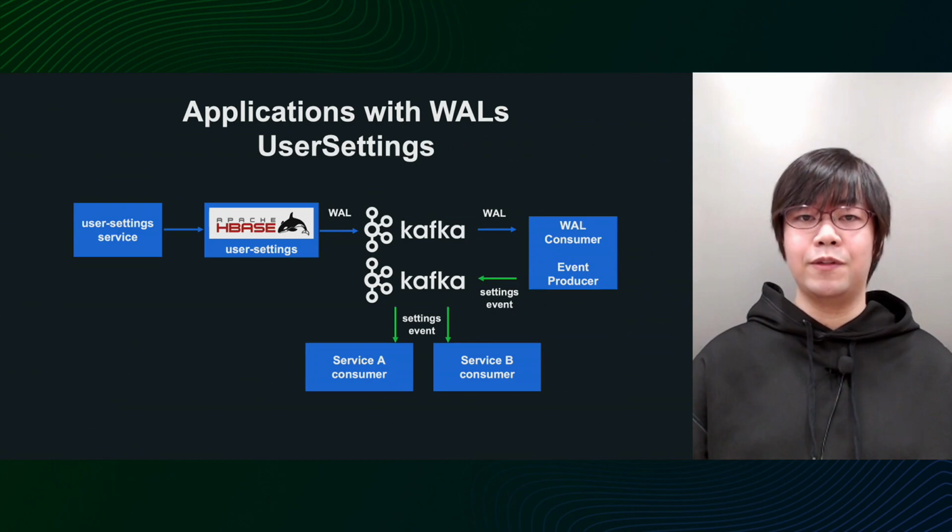Send the WAL of the HBase user setting table to Kafka, and the consumer that consumes the WAL converts it into settings event, a data format that is easier for services and applications to handle, and sends it to Kafka. By consuming this settings event, other services can implement processing in response to